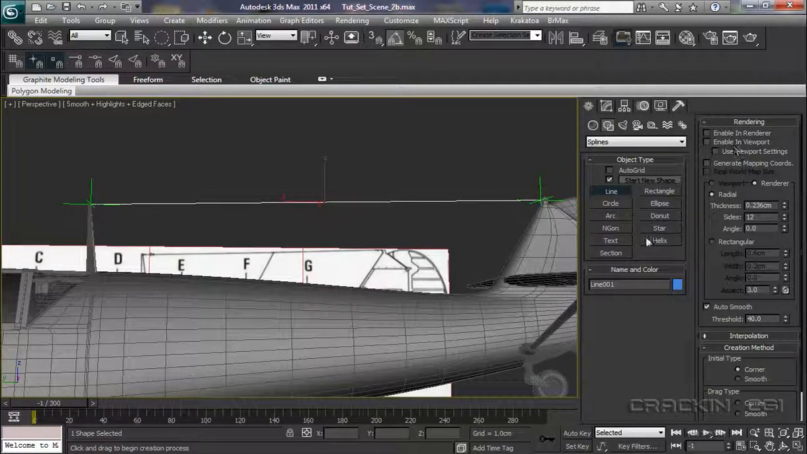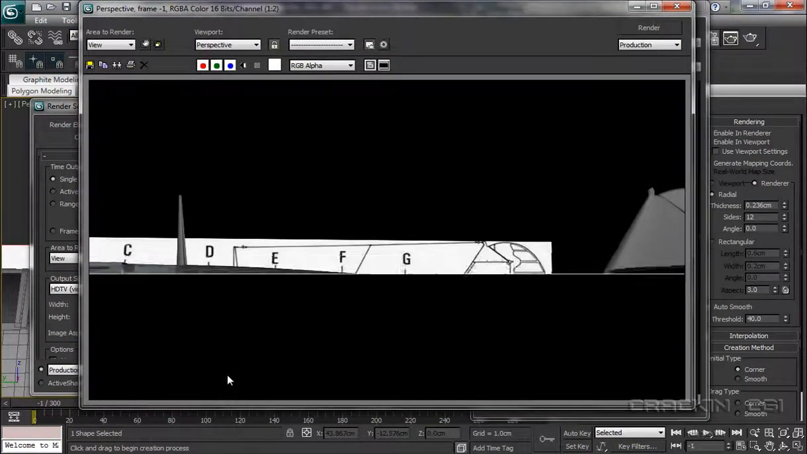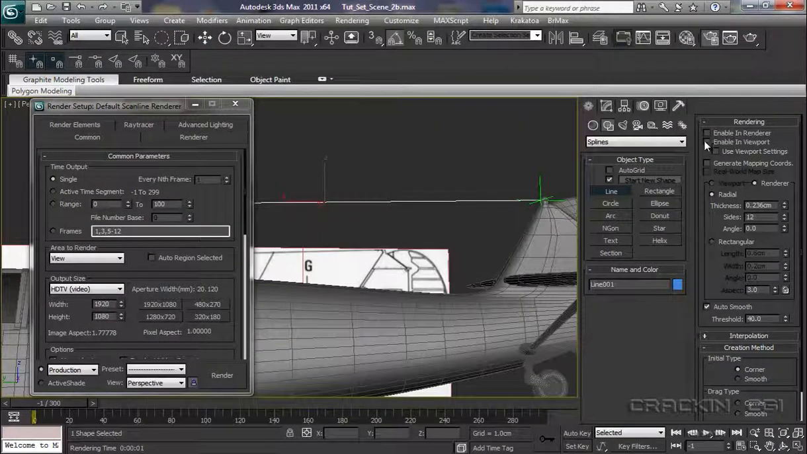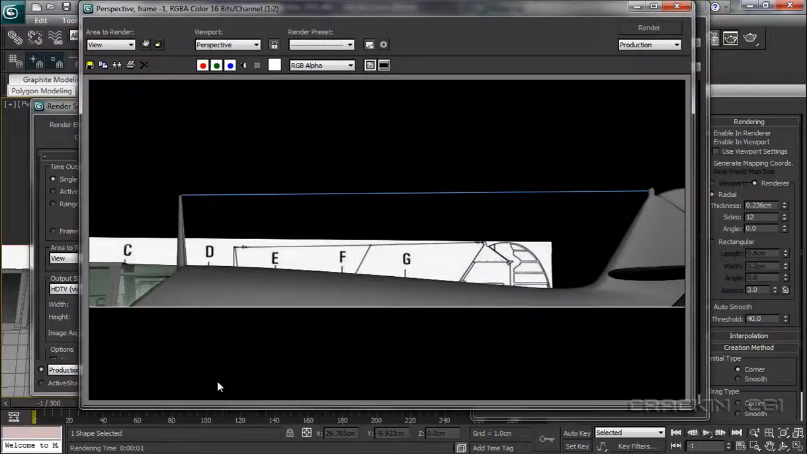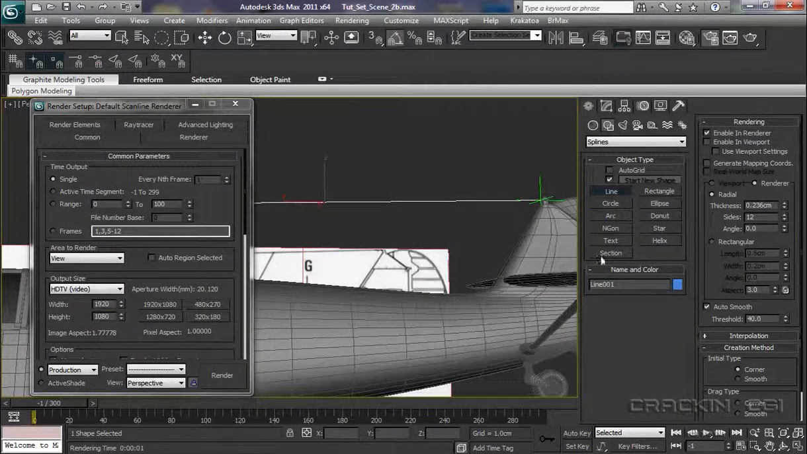Now, with these unchecked, if we were to render this, let's have a quick render, you can see that it doesn't appear, and that's because we've unchecked enable in render. If we check that and now render, there we can see it's appeared. It's now visible. So we have these checked. Enable in render,